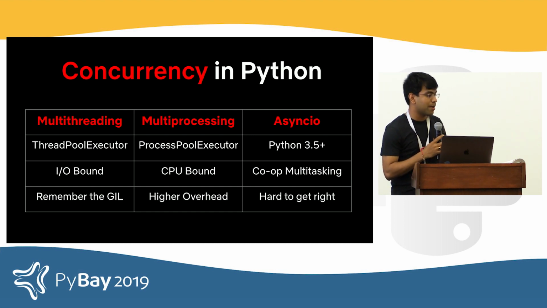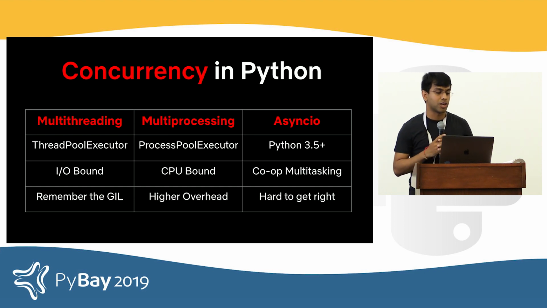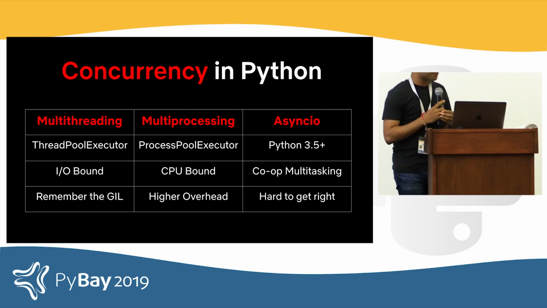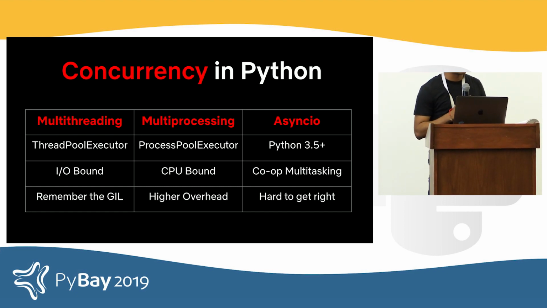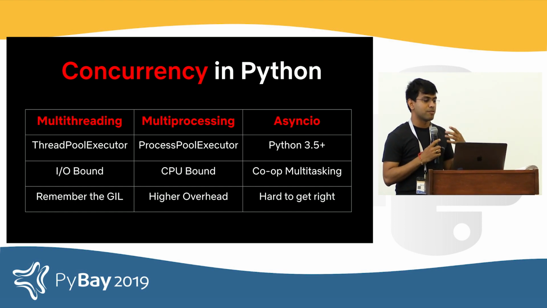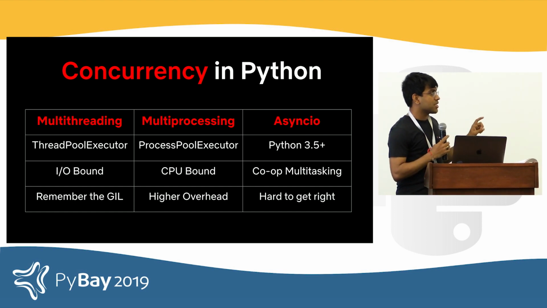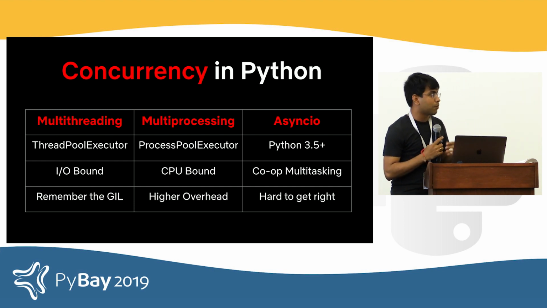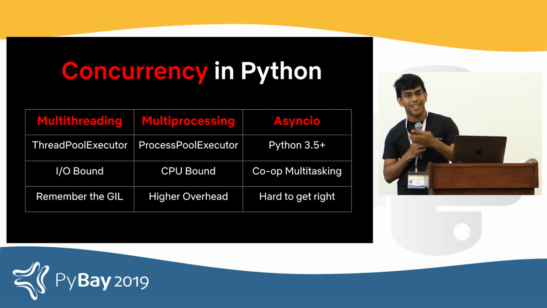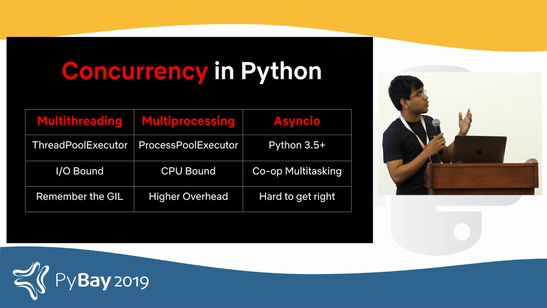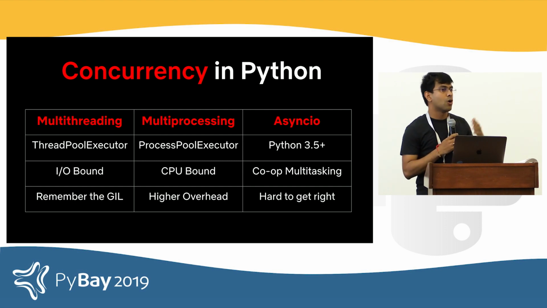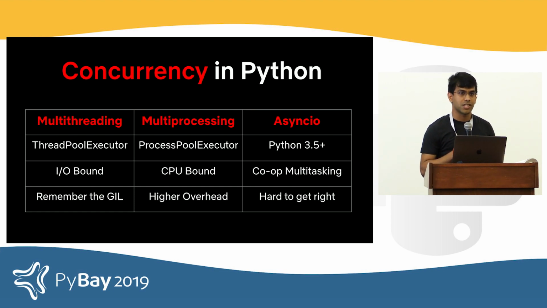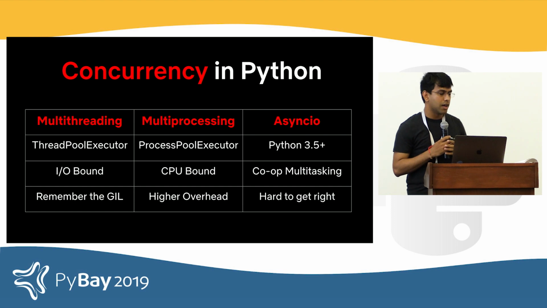But quickly going through each of them, multi-threading is great for IO-bound workloads. And you could probably use something like the threading module or the thread pool executor. But you have to remember the global interpreter lock, which might prevent parallelism if you just apply it blindly. Multiprocessing typically works well in most scenarios, especially CPU-bound workloads, allowing you to spin up a new Python interpreter, thereby working around the lock. And for this, you can mostly leverage the subprocess module or the process pool executor. There's a slightly higher overhead just by spinning up a new process, maybe around 20 milliseconds or so,